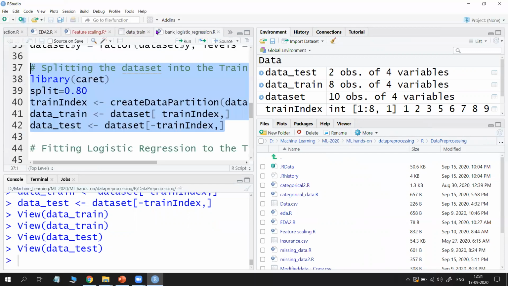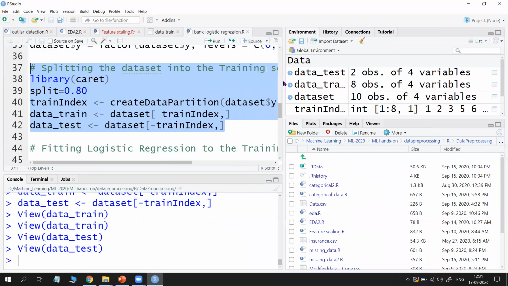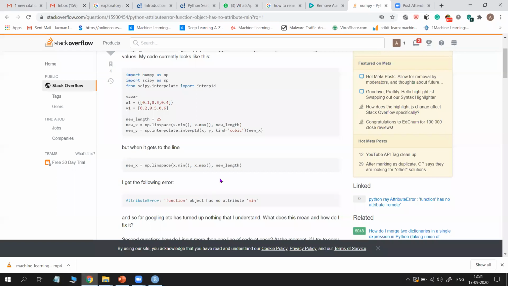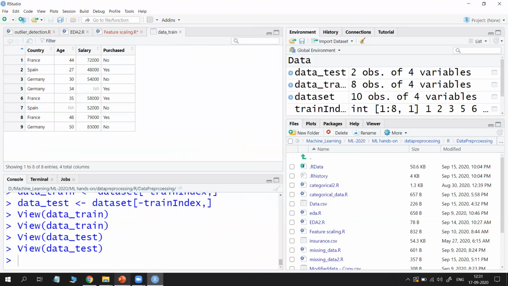So this is the data split division, and this is compulsory for all of our algorithms. Whatever the algorithm, we will test on some new data. That's why we need to divide it into training and testing sets. This is not optional, it is compulsory for most of the supervised learning algorithms.